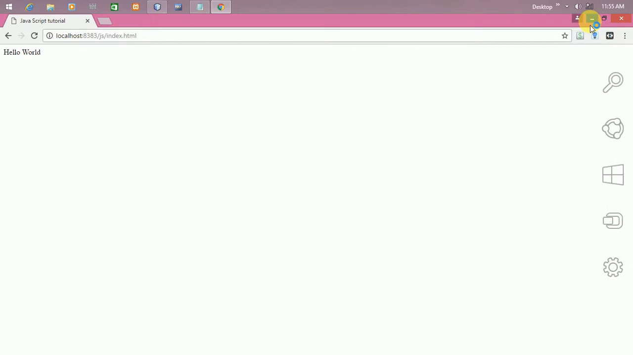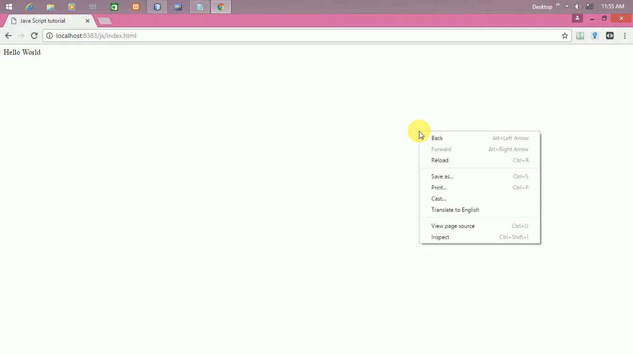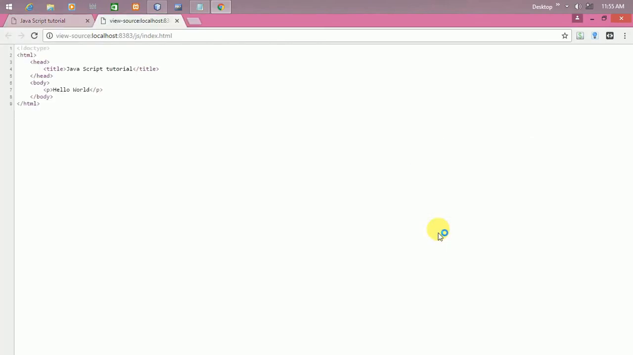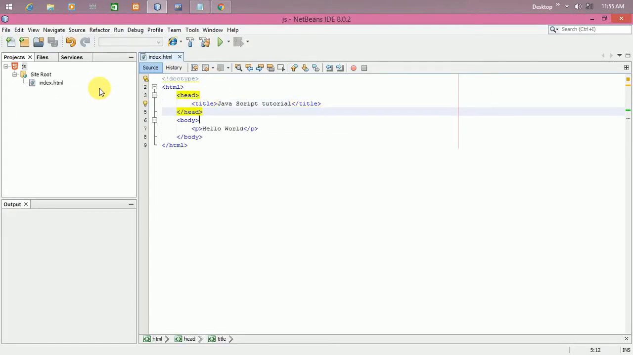Now it is printed. Let me see the code. To see the code, please press Ctrl+U, or just right click and choose View Page Source. You can see here it printed hello world. Fine. Now I am going to remove this hello world, and I am going to write here